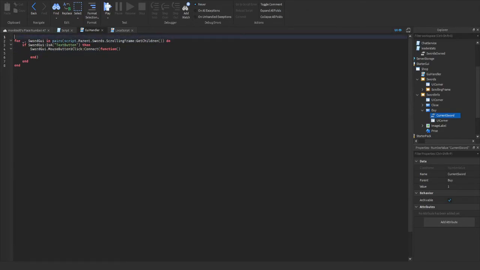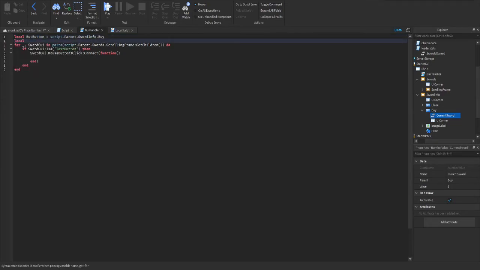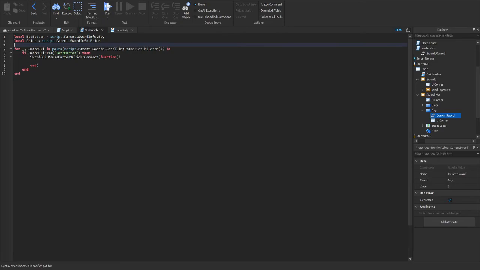So we'll do local buy button equals script.parent.sword info.buy, and then we can do local price equals script.parent.price, no, .sword info.price, and then local,